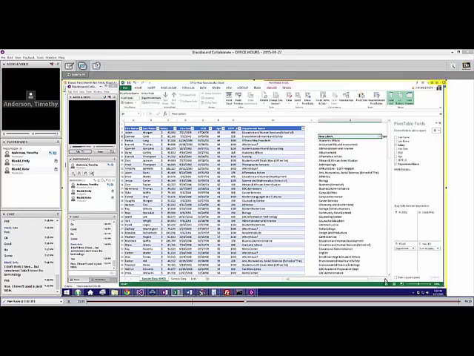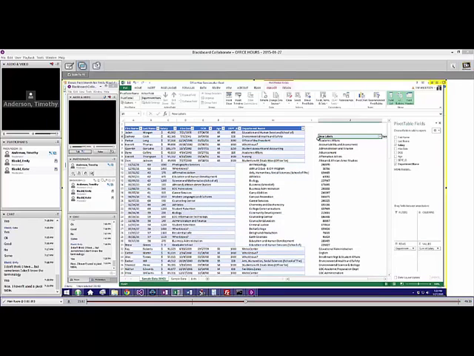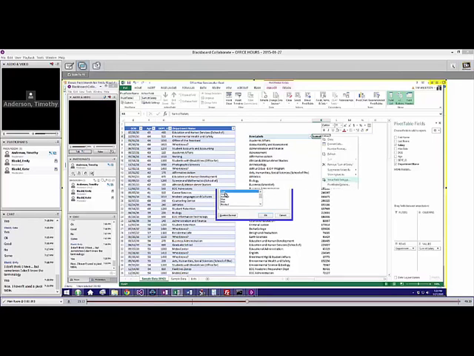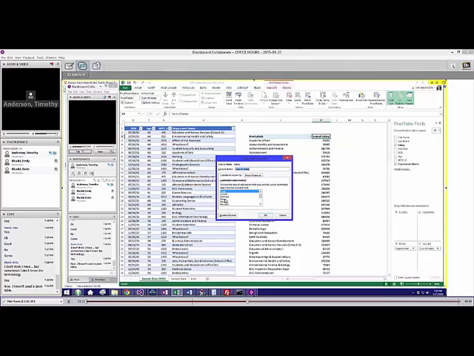Let me go ahead and scroll over here. So notice here, now it actually says sum of salary. Well, we want average of salary, right? So all I'm doing is right-clicking on sum of salary. I go to the value field settings, and look at this. I can do a sum, a count, an average, a max, a min, and everything. So let's do average salary by department.